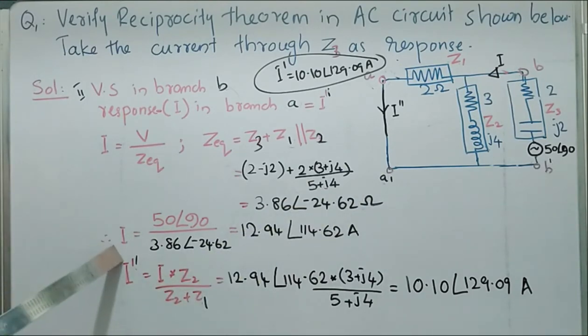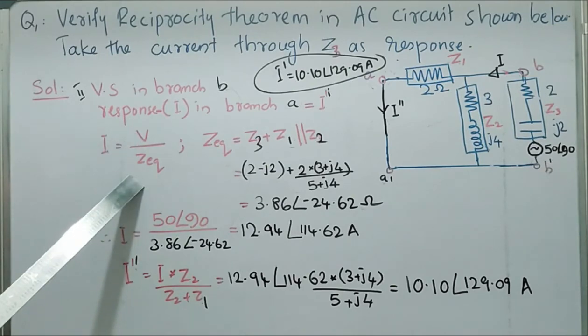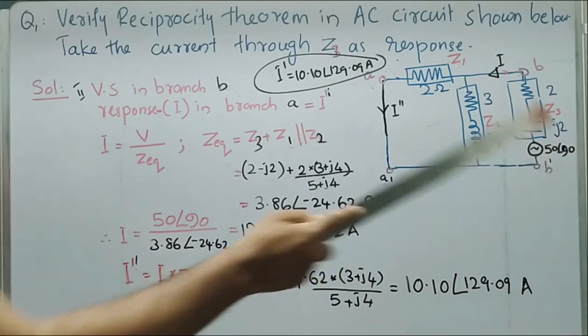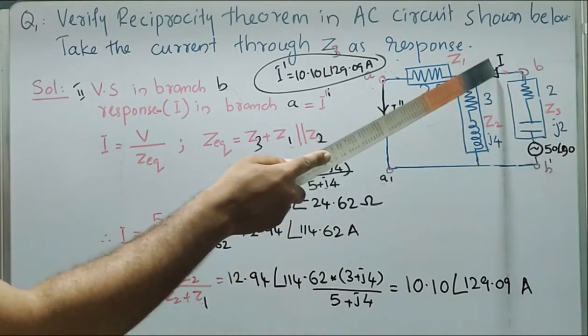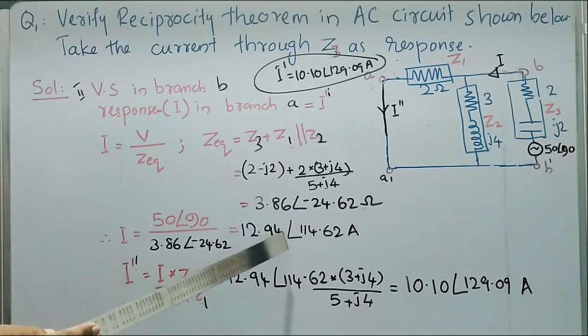Then we can find out the current as voltage divided by Z equivalent. Substituting the value of voltage as 50 angle 90 and Z equivalent as this one, we can obtain current supplied by the source I as 12.94 angle